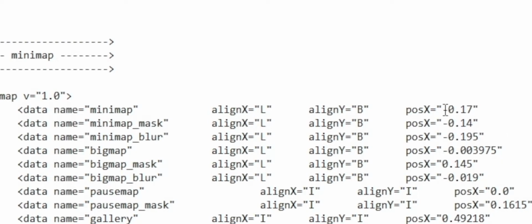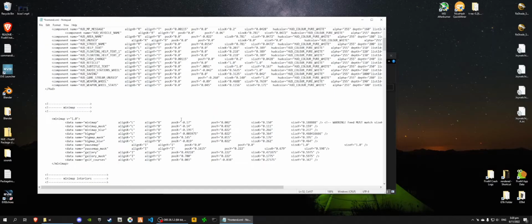There. So just check that you have the right things. For the minimap position X, it's negative 0.17, and for the minimap mask position X, it's negative 0.14. And then finally for the minimap blur, position X is going to be negative 0.195 down here. Okay, once that is done, we can just click File and Save,